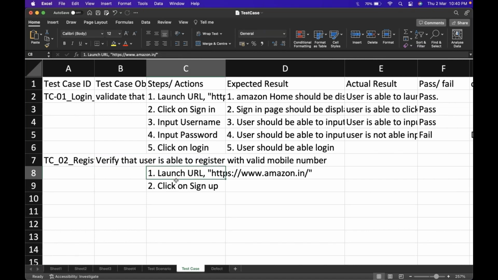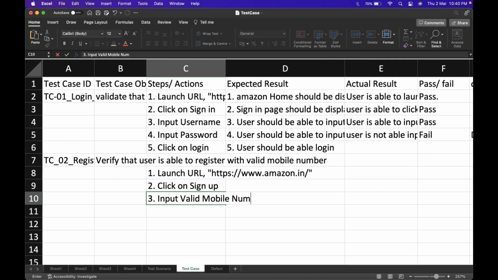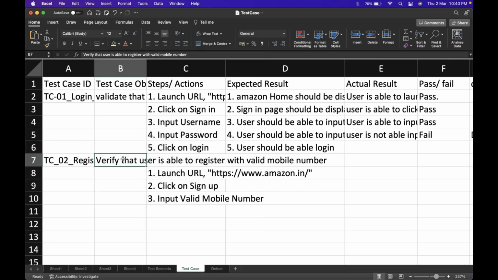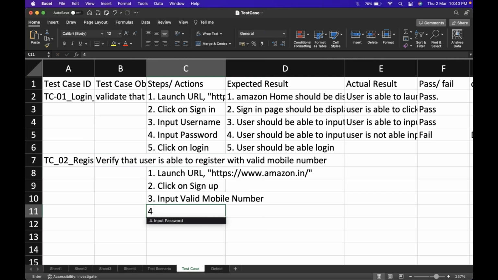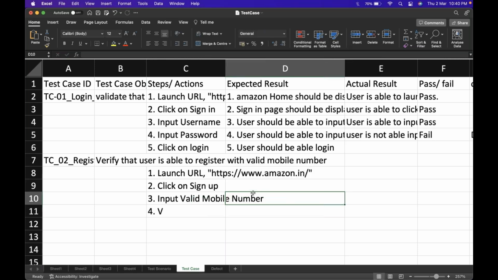So first we are going to launch a URL, then sign up. After we sign up, third is input a valid mobile number, or an email, anything is fine. So if sign up is with valid mobile number, we will input a mobile number. Then after we input a mobile number, we have to verify the mobile number, right? So it will be input a mobile number,